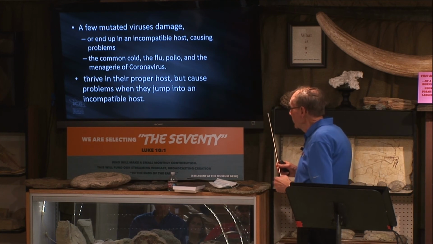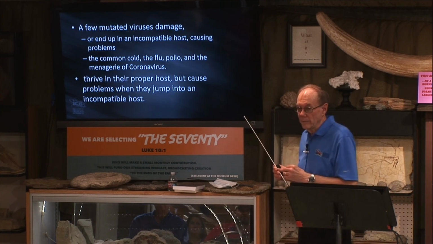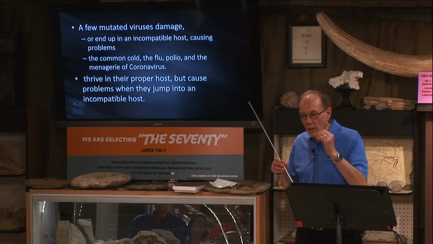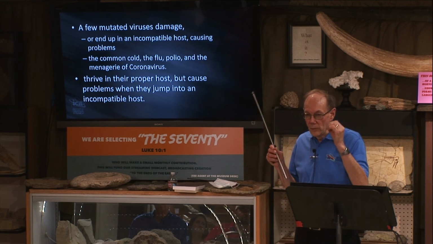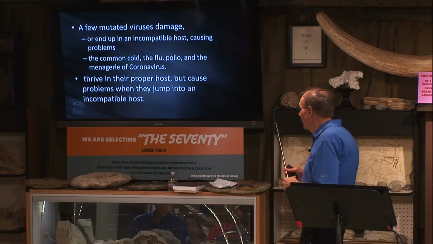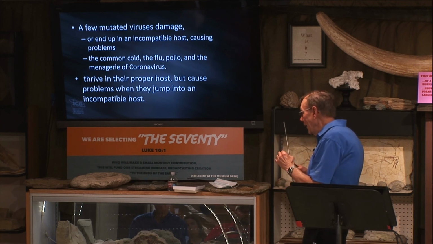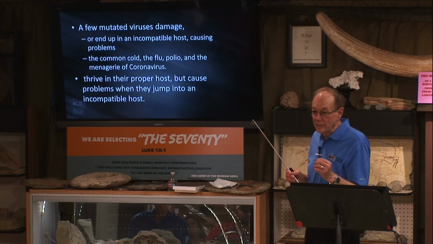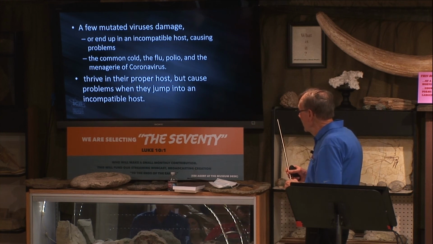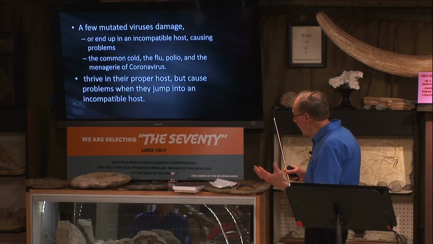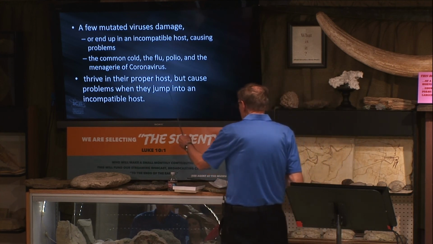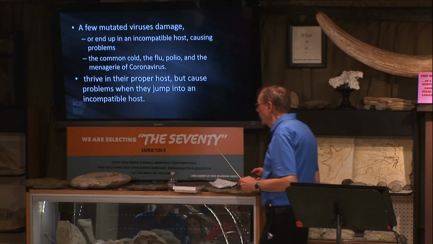All of those viruses, they thrive in their host organism, in the monkey that they belong with. They work hard for the monkey, the monkey works hard for them. It's a host relationship. They do fine. No problem whatsoever. But as long as they're in their proper host, when they end up in us, there's a problem. It's not compatible anymore. And therefore we end up getting sick and sometimes dying, and our body has to then develop an immune response to the new virus. In China, they jumped from the ducks to people and spread throughout the world.